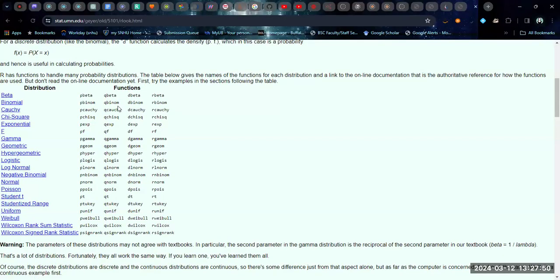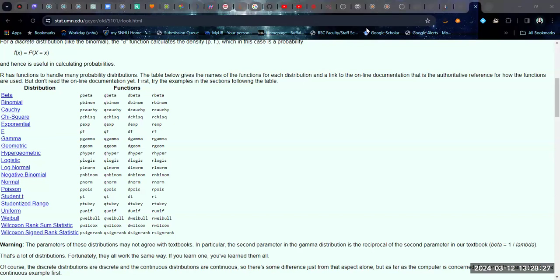This is our binomial distribution, and every one of these probability distributions has these four flavors of functions that you can use to calculate. Obviously, the continuous ones are used a little differently than the discrete ones, binomial for instance being discrete, whereas the normal distribution is continuous. But this is not even really an exhaustive list. There are so many. If you can think of it, there are going to be distributions that you can use for these behaviors. Now, if we go back to R,